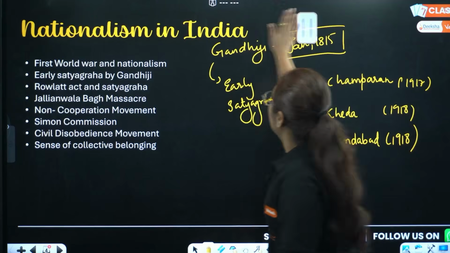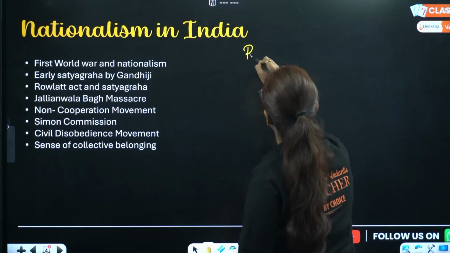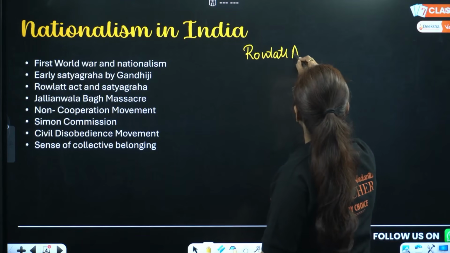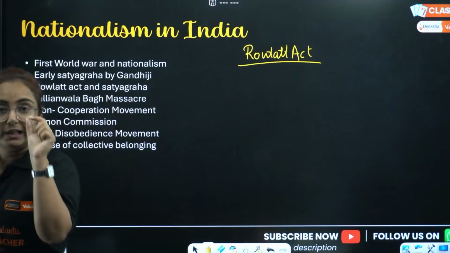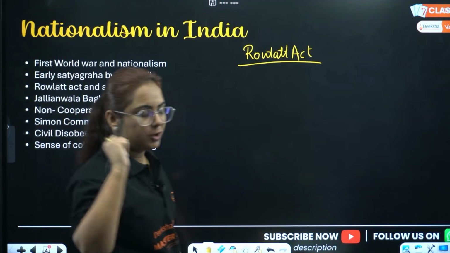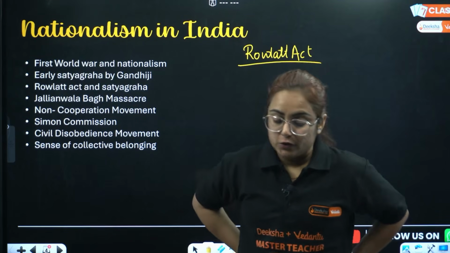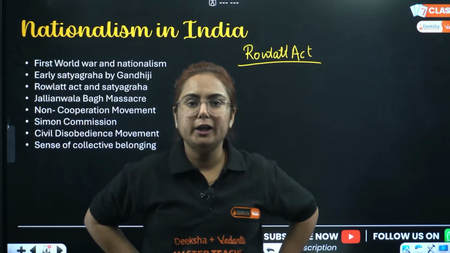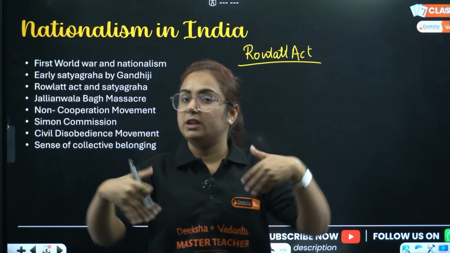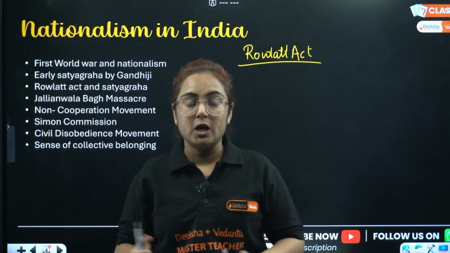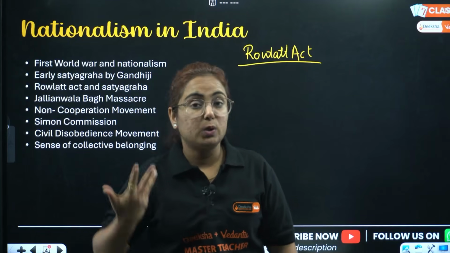Now, moving to the most important topic of this chapter, the Rowlatt Act. I'll tell you the background of this. We started the Swadeshi movement in 1903, before the coming of Gandhiji. I just told you he came back to India in 1915. So the Swadeshi movement was organized and we know that it became a failure. After that, the Indian National Congress split. There was no movement going on in India. During that time, revolutionary activities were increasing, and Britishers were afraid of them.